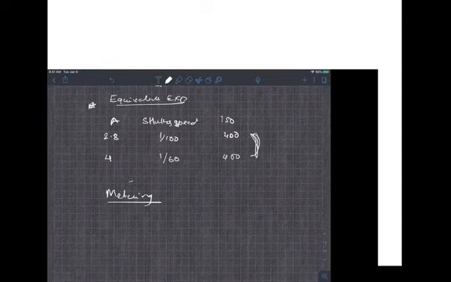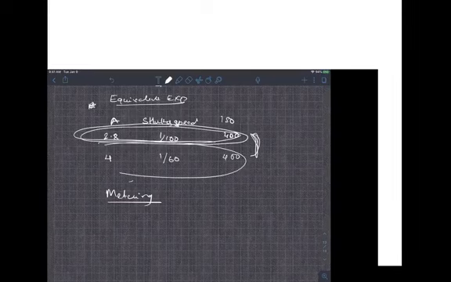Metering is how the camera is going to suggest these numbers to you. Remember, it's a suggestion. If you use your camera in automatic mode, then you don't have a suggestion. The camera is actually going to feed those numbers in, and you have no option but to shoot those numbers.